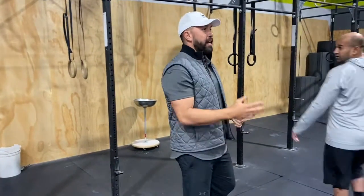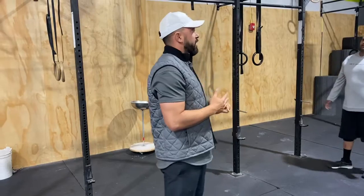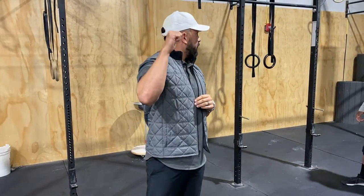So today we have some bodyweight movements: push-ups, pull-ups, sit-ups. I wanted to take some time, since we haven't, to talk about the pull-up position. For a lot of people, the pull-up is a big goal, to get a strict pull-up. Okay, so the idea behind it is we need to attack the pull-up in many different ways instead of just